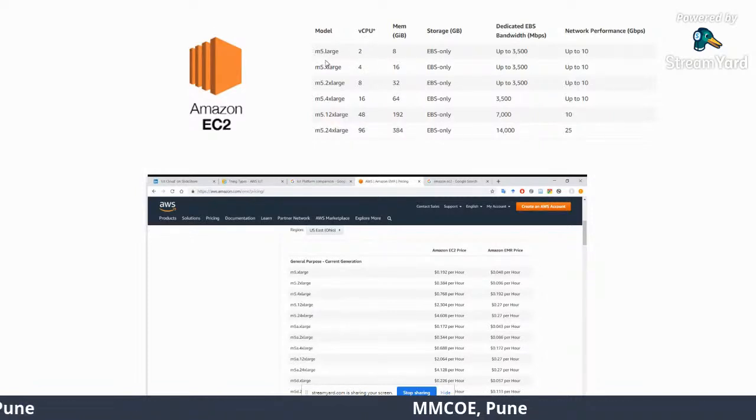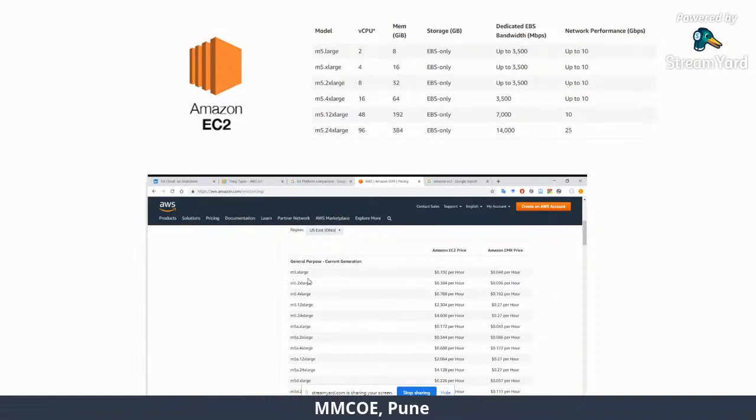You can see there are multiple models. M5.large makes use of 2 CPUs with 8 gig of memory, storage, dedicated bandwidth, and performance. M5.xlarge has more CPUs and more memory. Similarly, you have other Amazon EC2 models as well. At the bottom, you see the price you pay for each of these models.